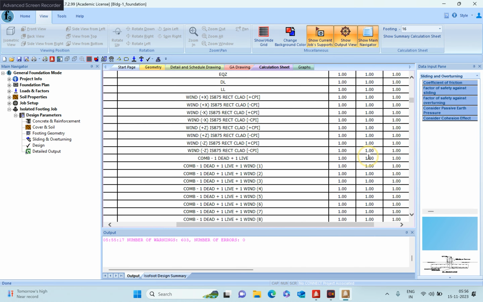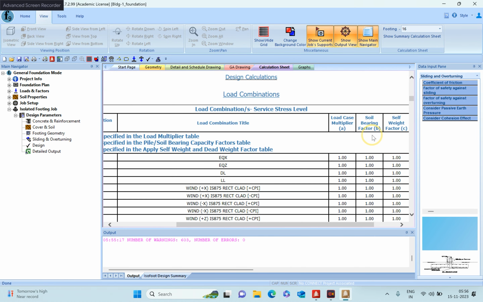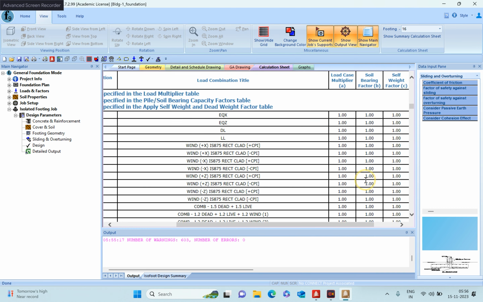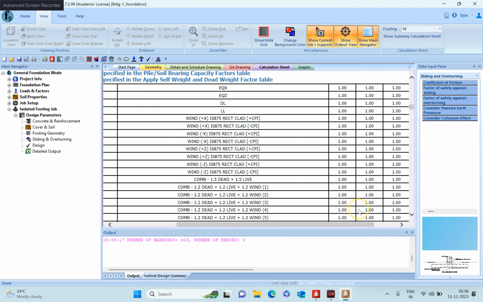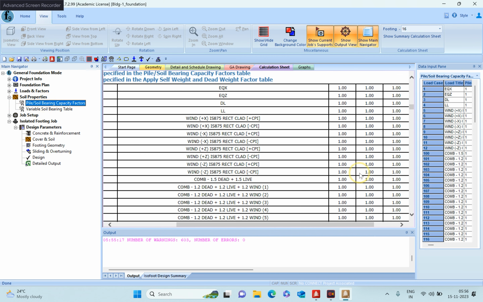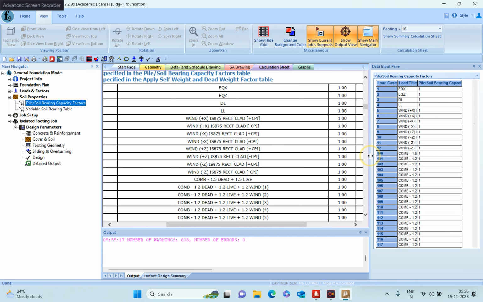And I just forgot to mention one thing. There is soil bearing factor, which we can change here. Whenever we go with the wind and seismic cases, there will be some permissible increase. We can increase the net soil bearing capacity with a factor. So those things we can change in this area. If you go to the soil parameters and click on the pile or soil bearing capacity factors here on the right hand side,